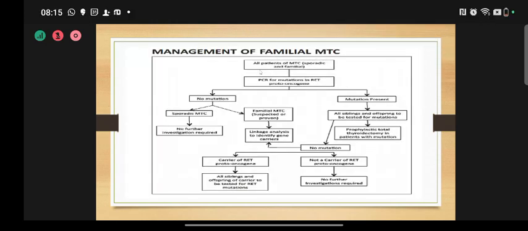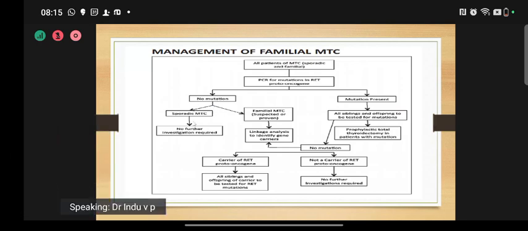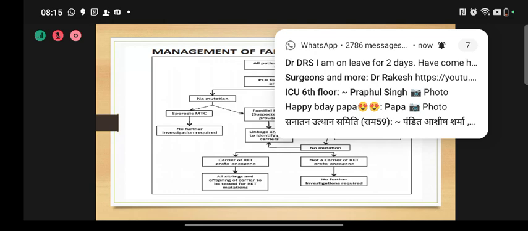So how to go for management of familial medullary thyroid cancer? All patients presenting with medullary thyroid cancer should be subjected to RET proto-oncogene mutation analysis. If there is no mutation, no further investigation is required regarding the familial aspect. If the mutation is present, all siblings and offspring of the patient should be tested for the mutation. And prophylactic thyroidectomy, I'll be coming to that later, option should be given to